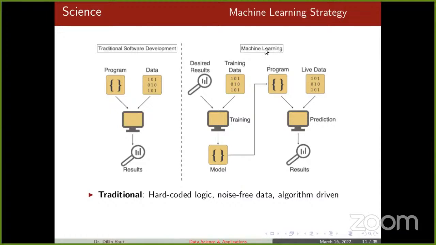But when you compare machine learning, it is completely different. In machine learning, this is the desired result we want. There is some training data, and there is some modeling. We have to adopt some model or some algorithm and train the model with that data. Let's say an artificial neural network; we will take that as an example. Then we train with this data. After the training is over for this model, please focus, this model will produce one program.